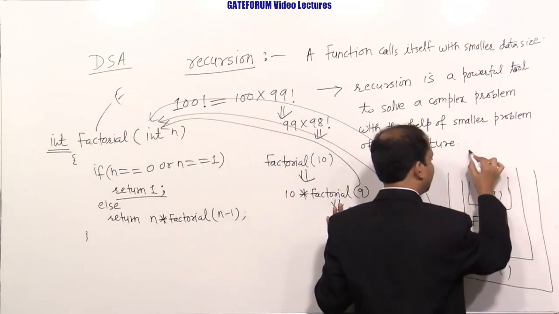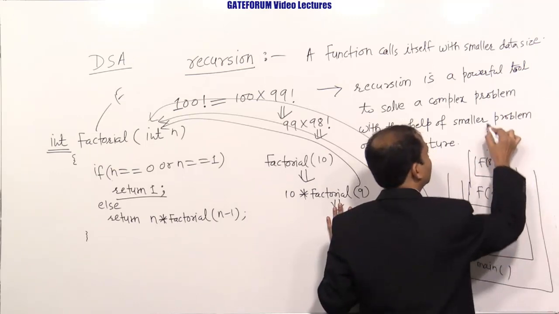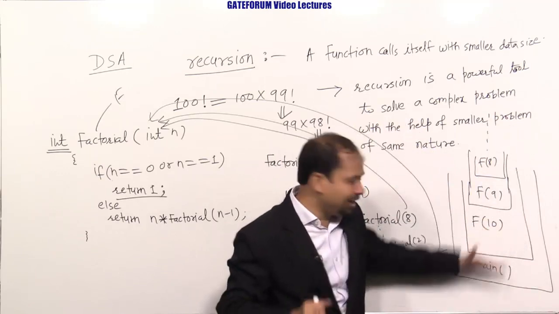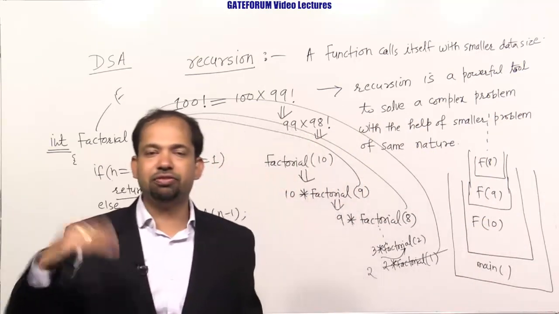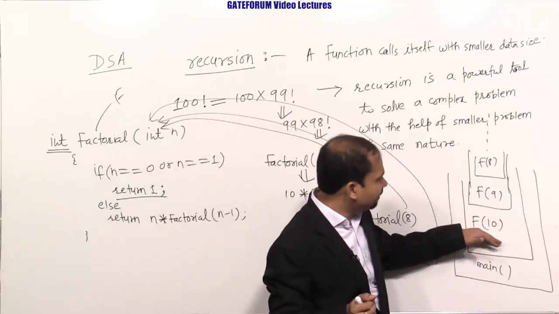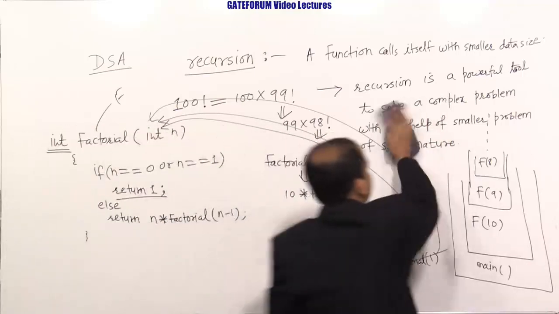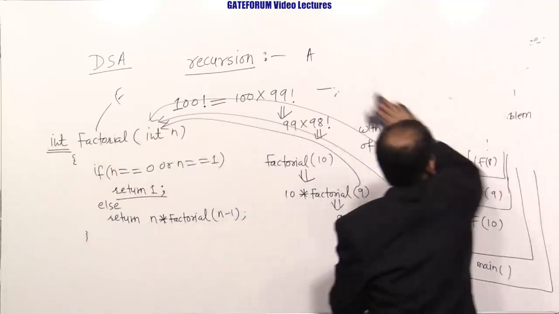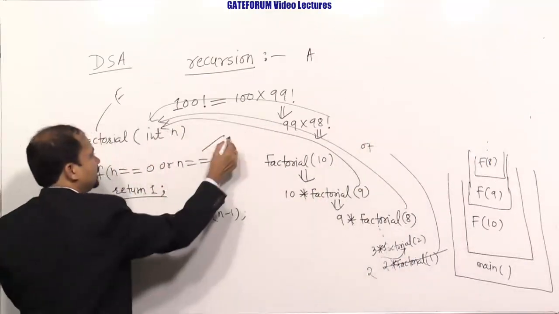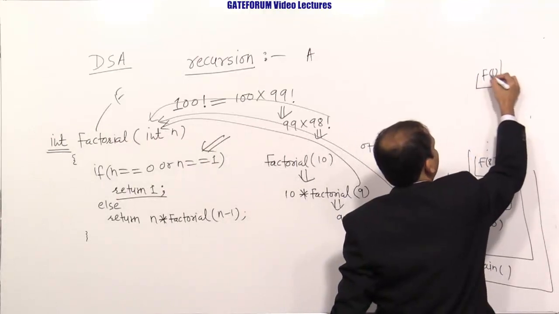This way a stack of function frames is created. And f9 is calling what? f8. And so on. So see, this is a function frame. It's created in the manner a stack works. Last in, first out. So the bottom is main. After that it is f10, f9, f8, and in this way what will happen? We will continue till we reach where the answer is available to you. And where is the answer available? At this place. So this way we will continue till we reach f1.